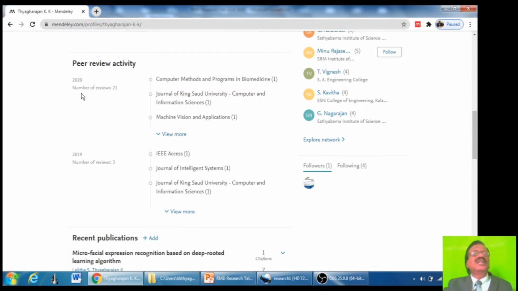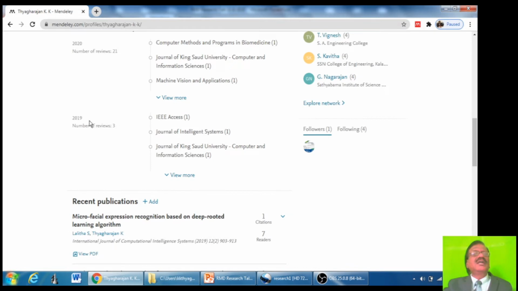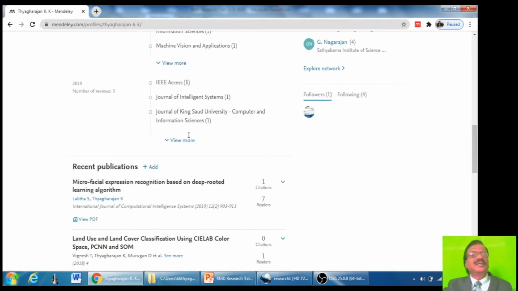Here in 2020, the number of papers I have reviewed is given here. Then in 2019, number of papers. So only few papers are given here. If you want to see the complete details, you click on this view more link.